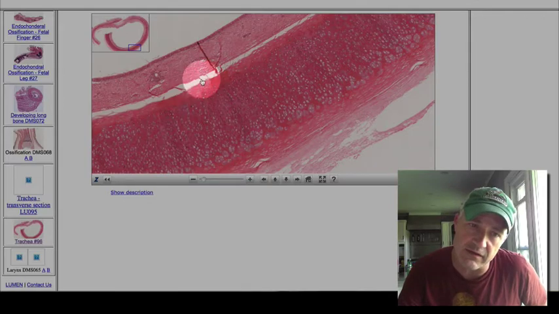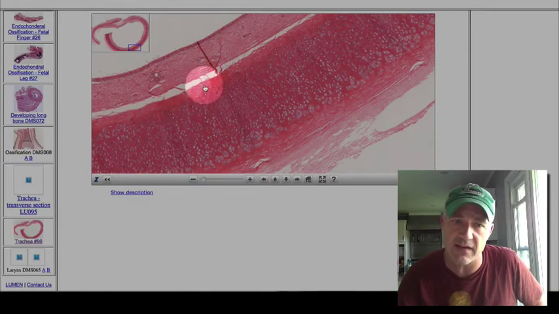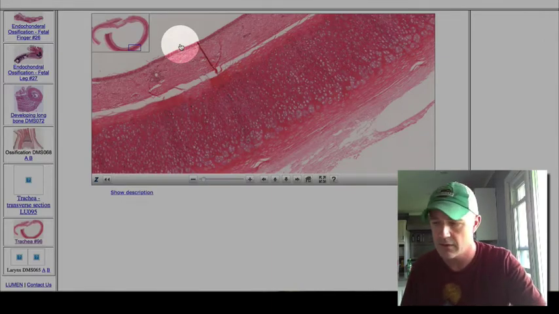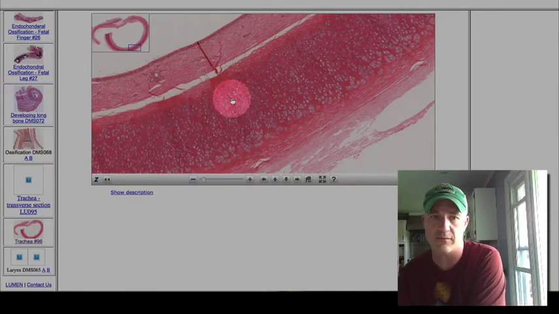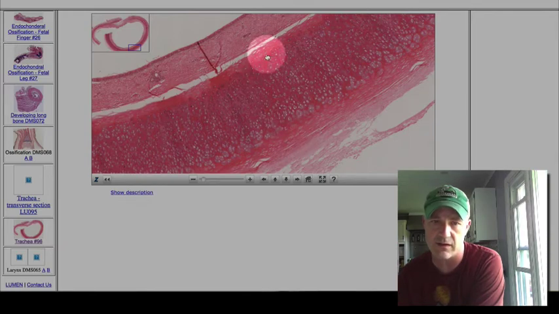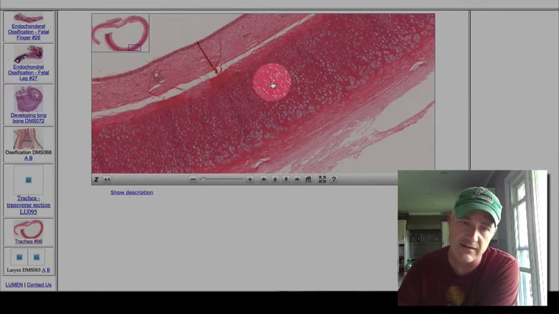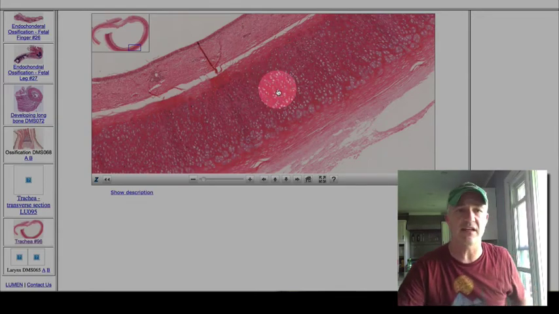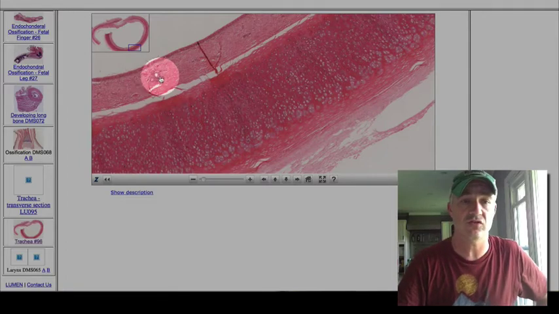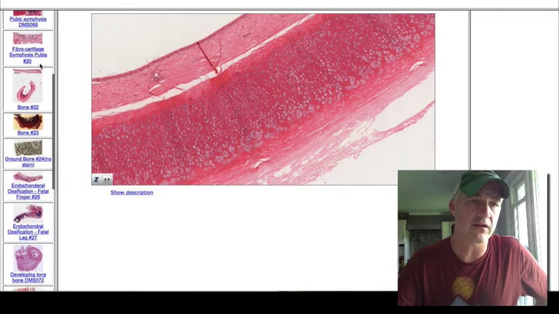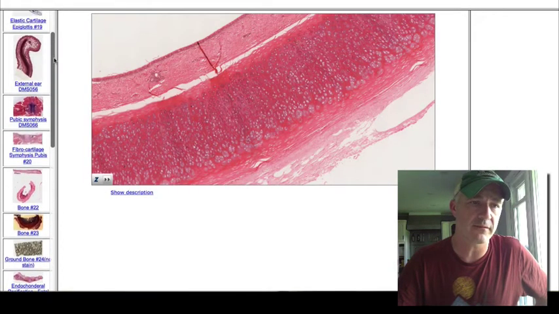There is actually a membrane that surrounds it on both sides, as my mouse is not wanting to do what I want it to. There is stuff on both sides of these right here as well as up here. That is that perichondrium that surrounds this. But again, lots of these cells in little groups here with fibers that are not particularly distinct on the hyaline cartilage. If we then go and look at some of these other ones here,